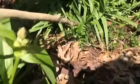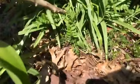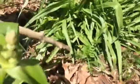Vetch. So vetch is a nitrogen fixer, and it feeds the soil. And I'll show you lots of plants today that are in the legume family, in the same family. Okay, now we're gonna